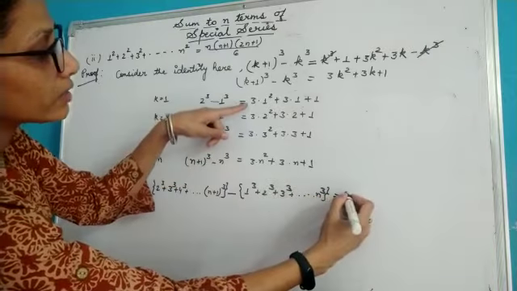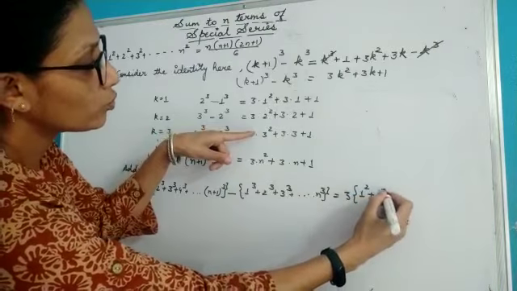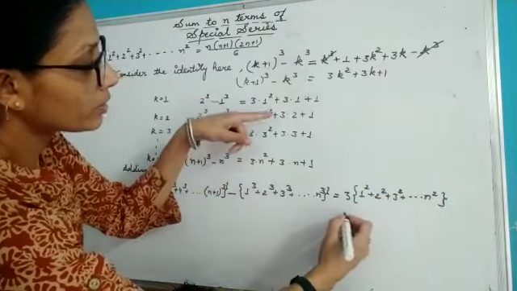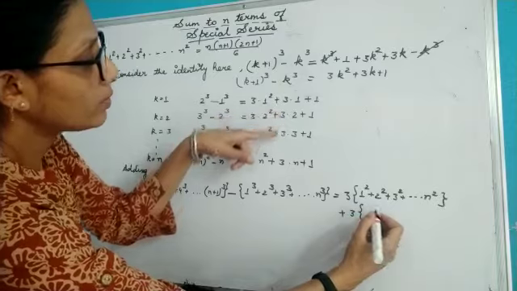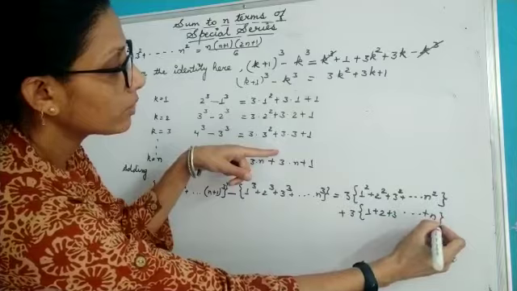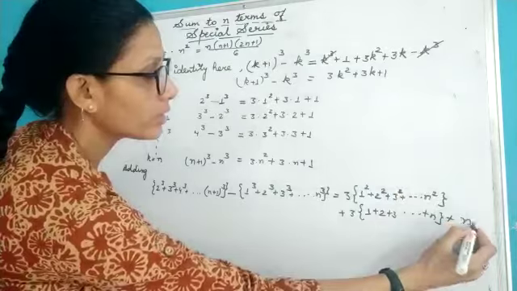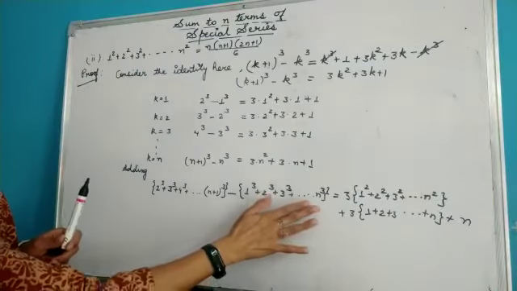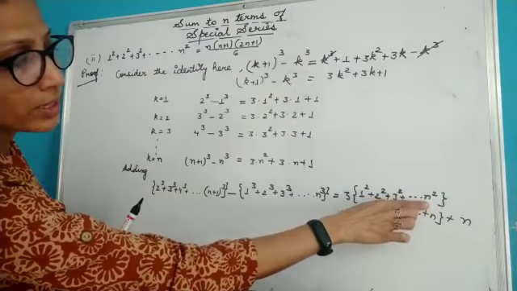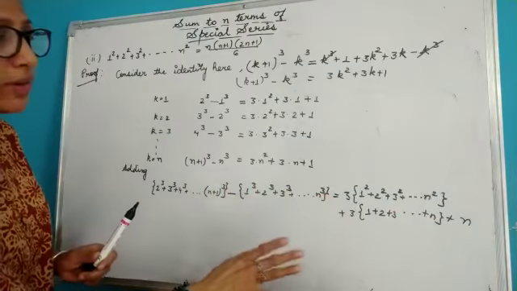This side I will get it as 3, I am taking common out of it, so I will be getting it as 1 square plus 2 square plus 3 square plus and so on till n square, plus 3 again I am taking out, so I will be getting it as 1 plus 2 plus 3 and so on till n terms, and plus here I will be getting 1 plus 1 plus 1 n times, so I will be getting it as n. Now children, you see I want to calculate the value of this thing, 1 square plus 2 square plus 3 square plus n square. Rest I need to eliminate, or for rest I will be finding out the value.